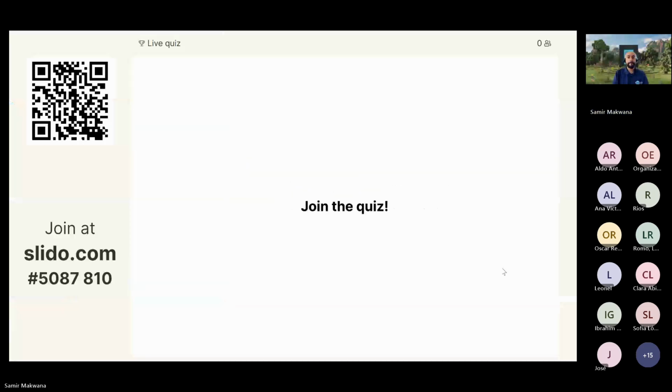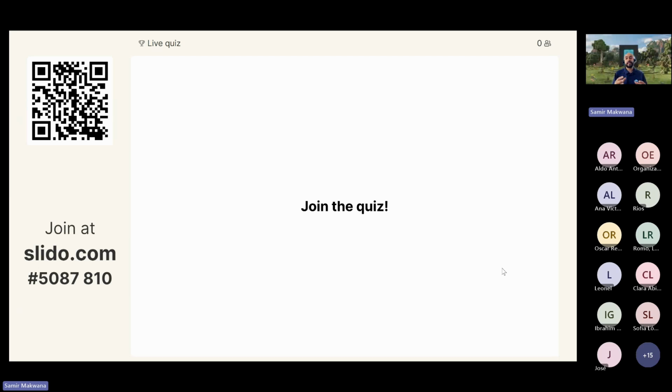Now, as we are coming towards the end of the session, I would like to have a very short quiz for you guys. I would appreciate it if you can use slido.com or your mobile phone to join this quiz using the QR code. There are only 3 questions I have listed out to test the knowledge based on what I have delivered to you today.